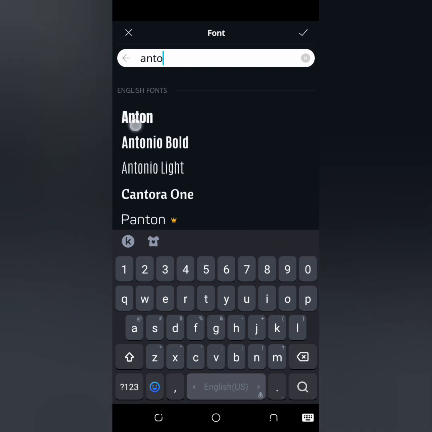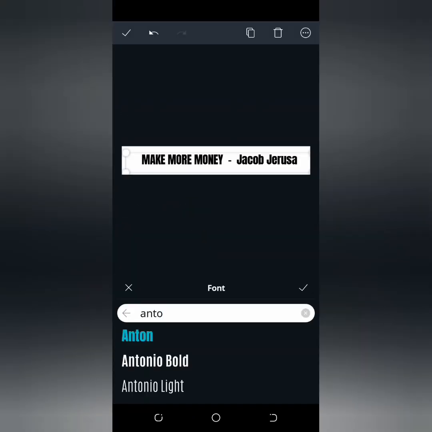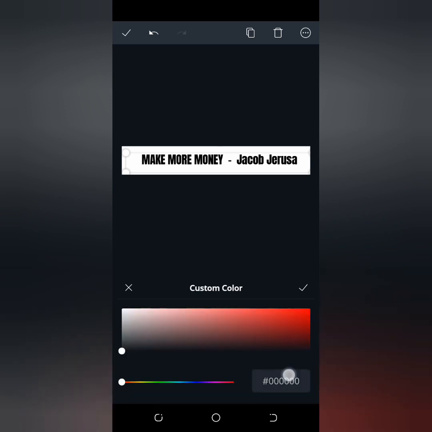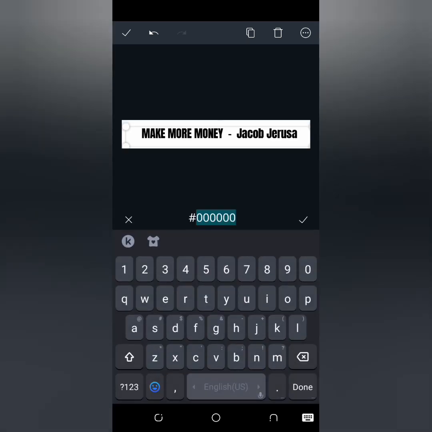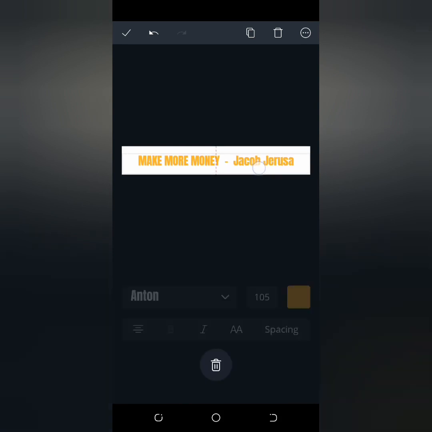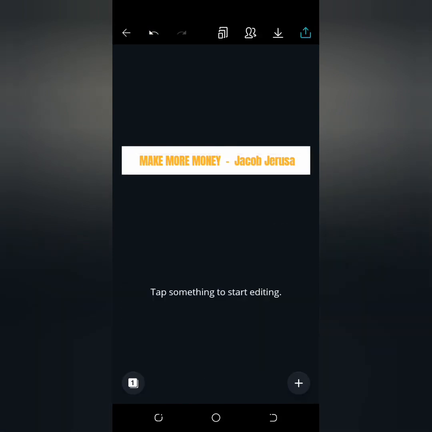Let's use the same Anton and change the color. I already have the color code, and that is why I'm just inputting it. If you notice, good. So I'm done. I export,